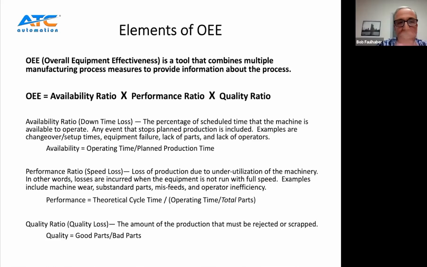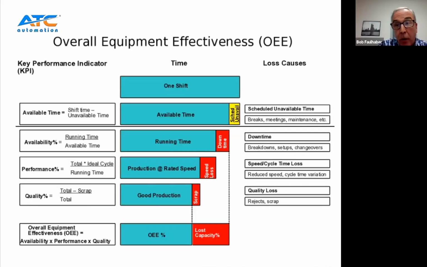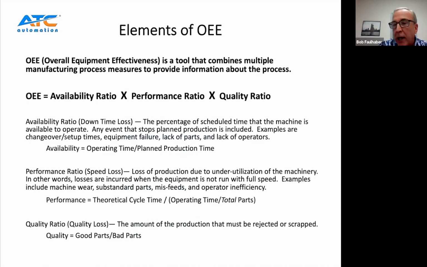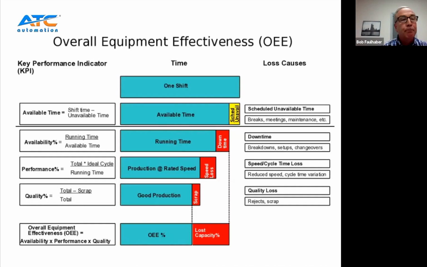For instance, on a new piece of equipment, a typical runtime for us for an FAT, a factory acceptance test, is an 8-hour run. So that will be our defined period of time, and we'll deduct any planned time first, and then we'll count all of the unplanned time that the line is down over that total period of time.